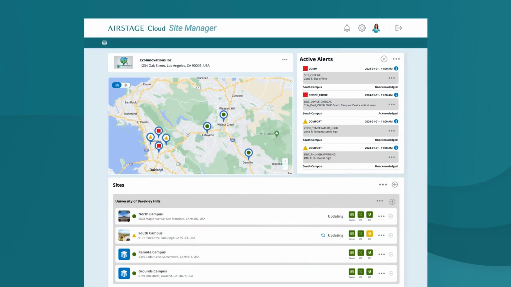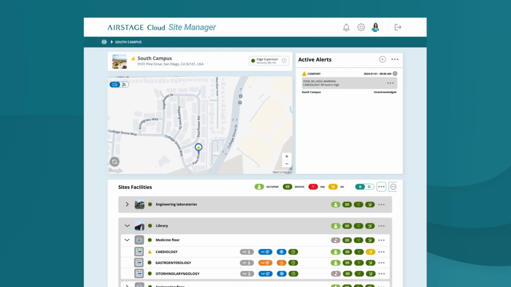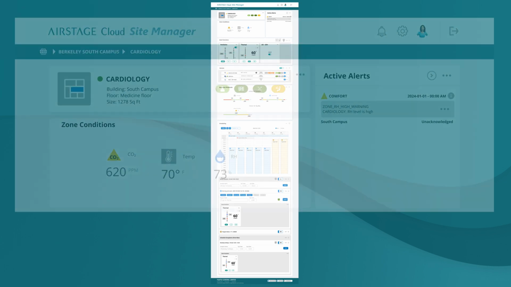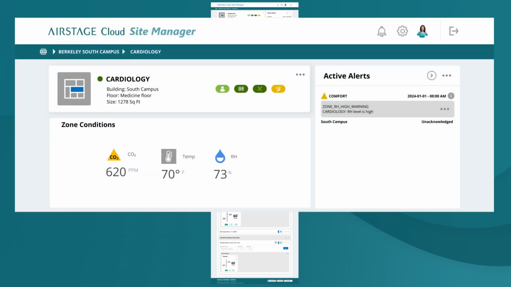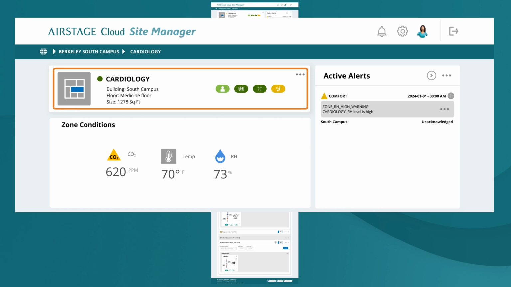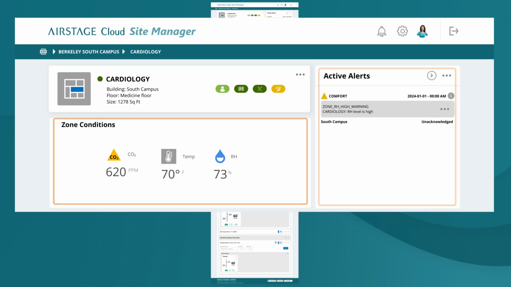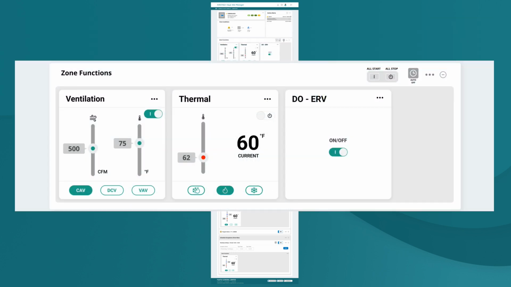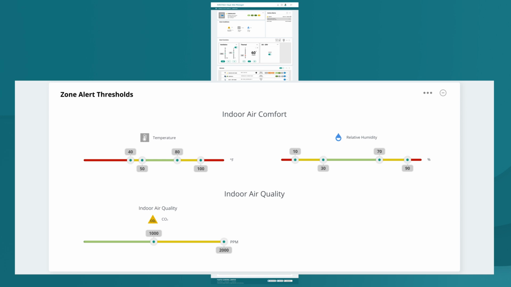To access the zone dashboard, select the site where the zone is located. Then, select the zone of interest. Be sure to watch the How to Add a Building, Floor, and Zone video if you want to create new zones. The fully configured zone dashboard has a description of the zone. The zone conditions displays active zone alerts, shows the zone function controllers, displays the alert threshold settings, and displays the